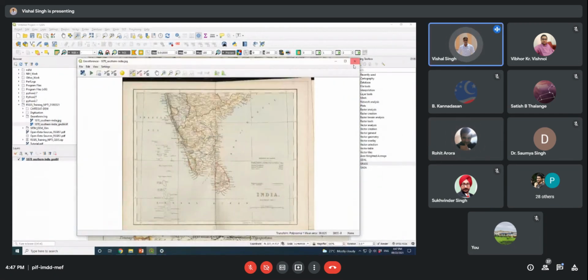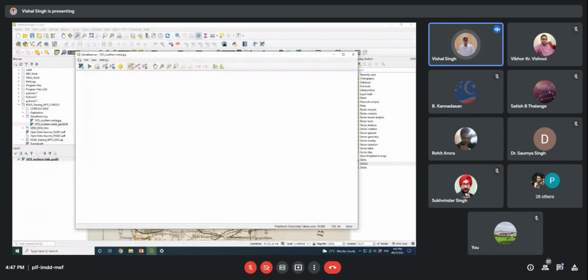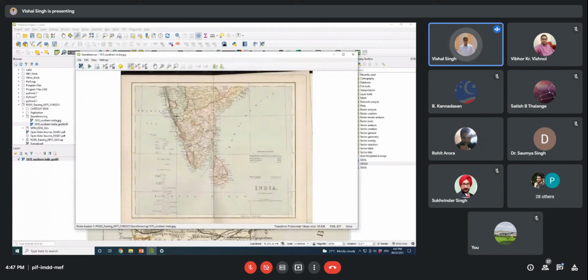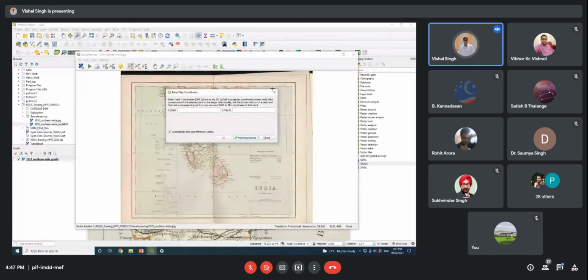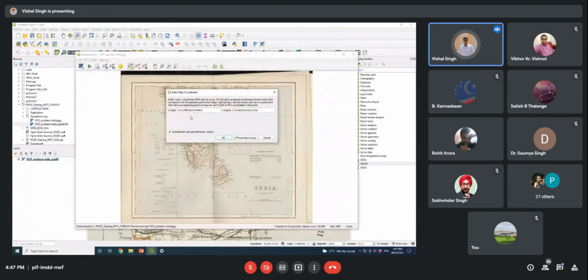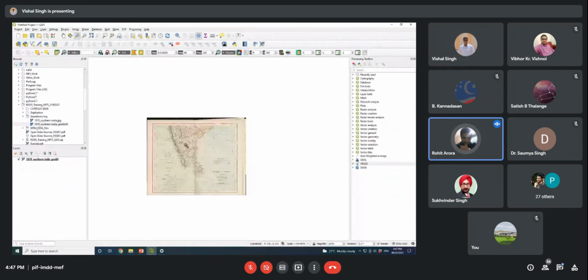So in a similar way you can do that. One map is the reference. So this is your reference map. You can open it in the main panel window, and whatever map you want to georeference, you go to here and open it here. Like this, and first you need to put the point here. Suppose this point is here, and at the same location you need to search from that canvas, and you can put it here, and like that you can see that the points have been added. In this way you can do the referencing. Thank you very much.